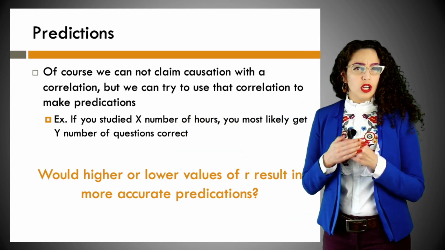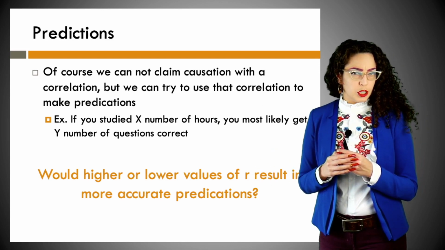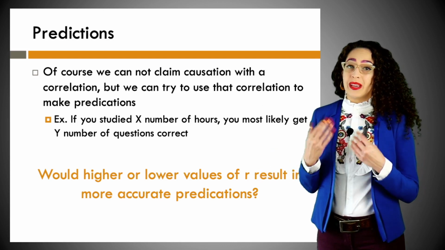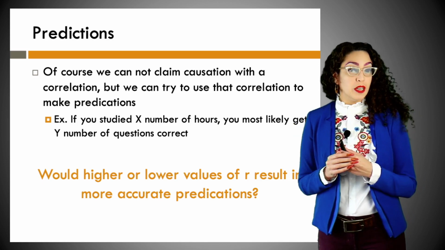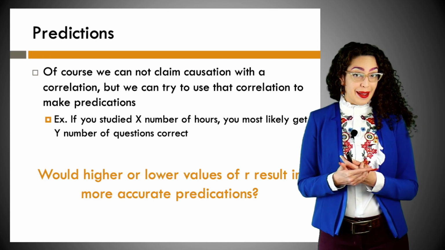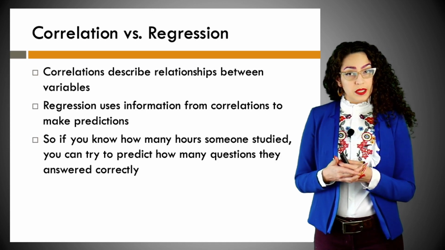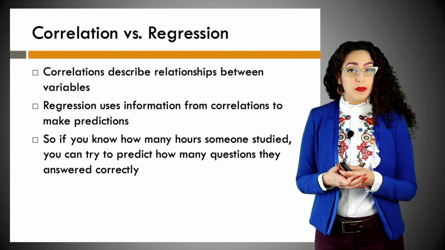Would higher or lower correlation values, this R, result in more accurate predictions? Do we want the correlation to be high or do we want the correlation to be low? Ideally, we want that correlation to be high, so it is more predictive. So if you know how many hours one person studied, you can try to predict how many questions they will